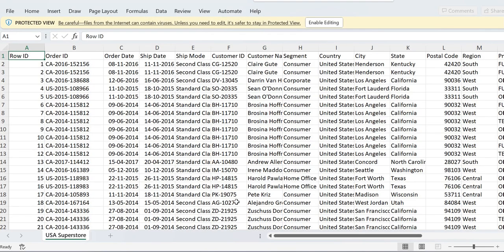It is taking some time. So let's see. This is of course tabular. This Excel file contains US Superstore data. This is tabular data arranged as a number of rows and columns. Each row in this Excel file corresponds to one sale, that is one transaction from a retail superstore. So each row you can see has the information